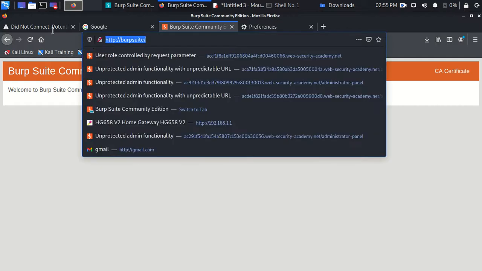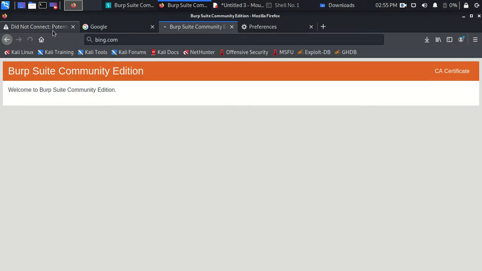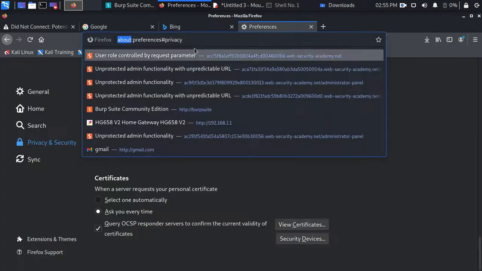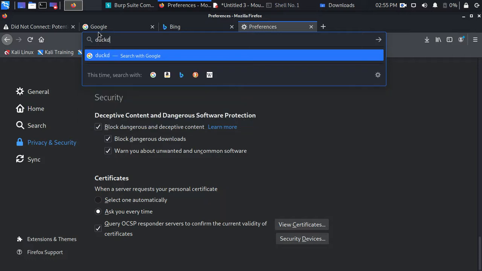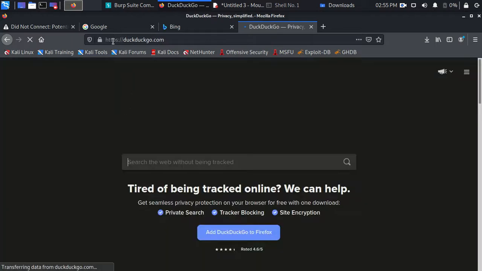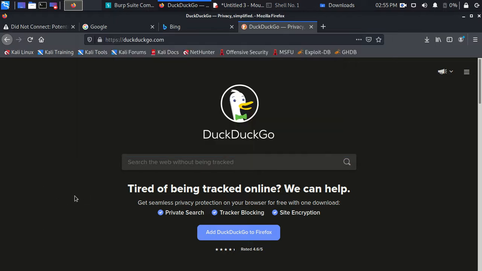Let's go to any website like bing.com or DuckDuckGo. See, this site is HTTPS and we do not get any warning this time.